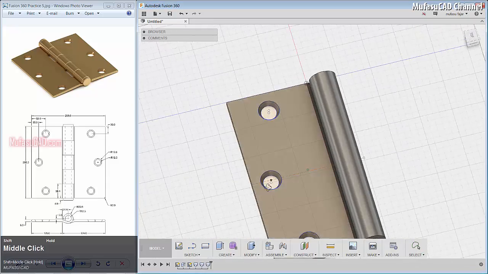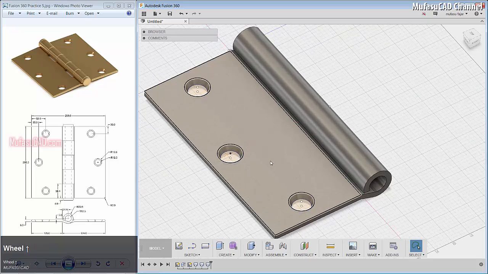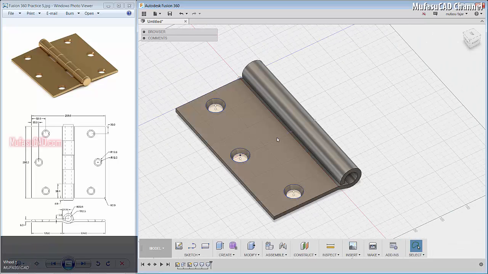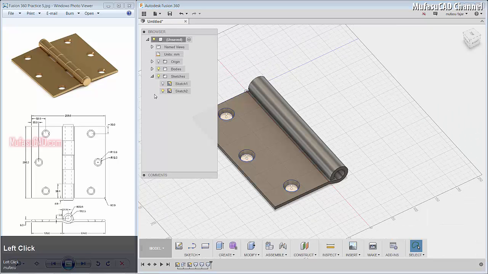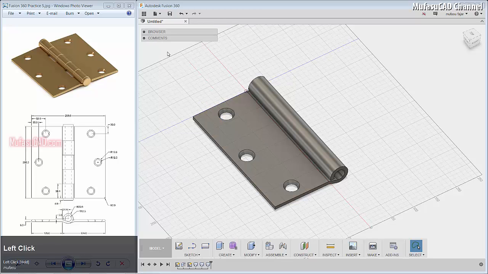You can see I will copy this object. First I will select this construction line and delete. Okay, I will click the browser here again and then hide the sketch 2 and then minimize the browser.